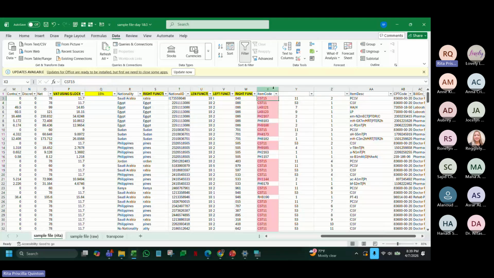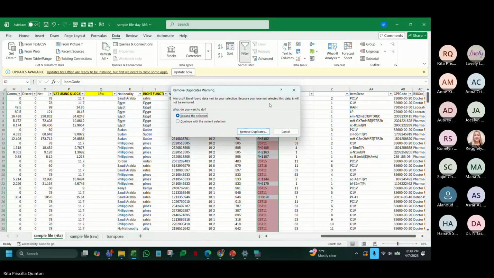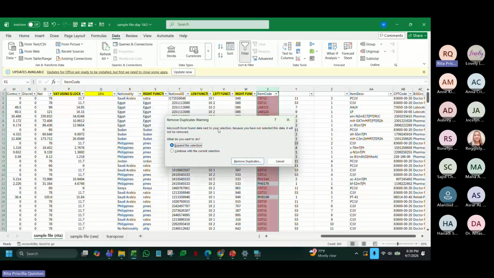Remove duplicates. I will highlight here, go to data, and then click remove duplicates. I want you to understand what this warning means. Okay. What do you want to do? Because it says it found data next to your selection. You have not selected this data. It will not be removed.